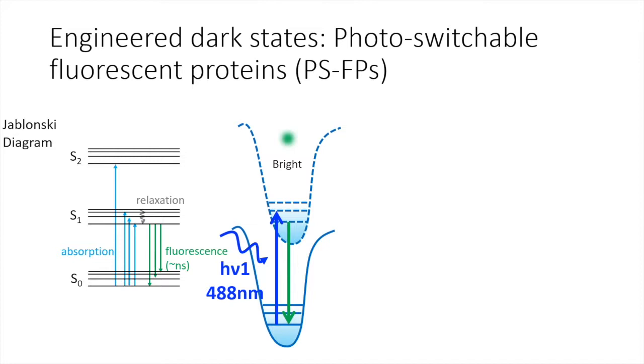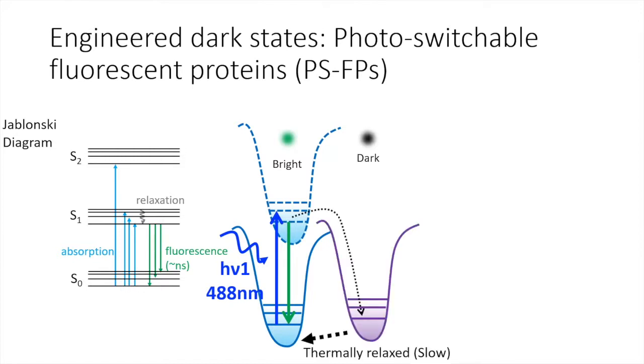But this special type of fluorescent protein has engineered dark states, and the fluorophore will go to the dark state. This dark state is engineered by mutation of the fluorescent protein, and it is a very stable dark state. So when you do the imaging, you will see it quickly bleach to the dark state,